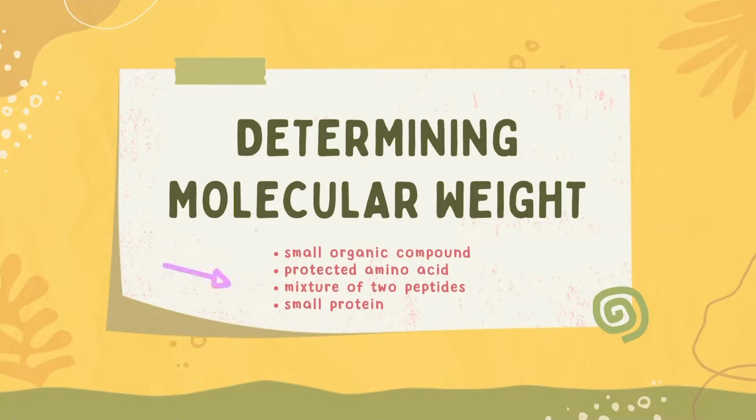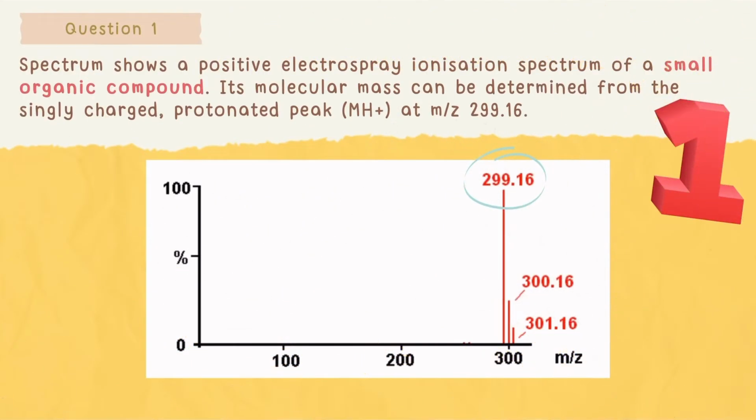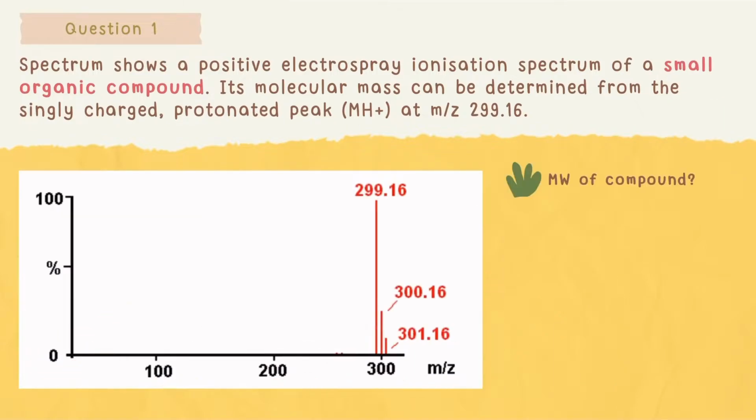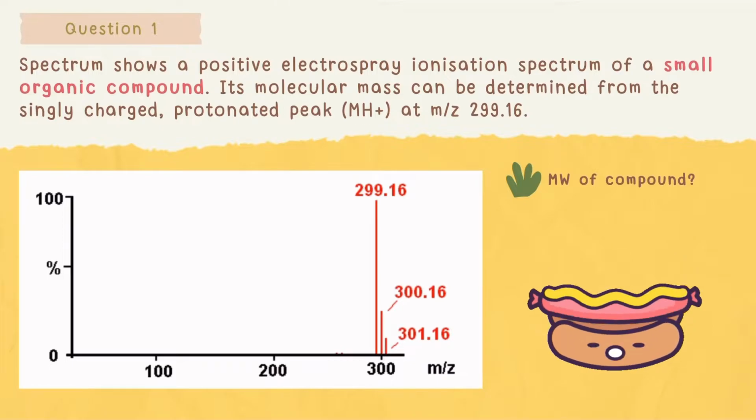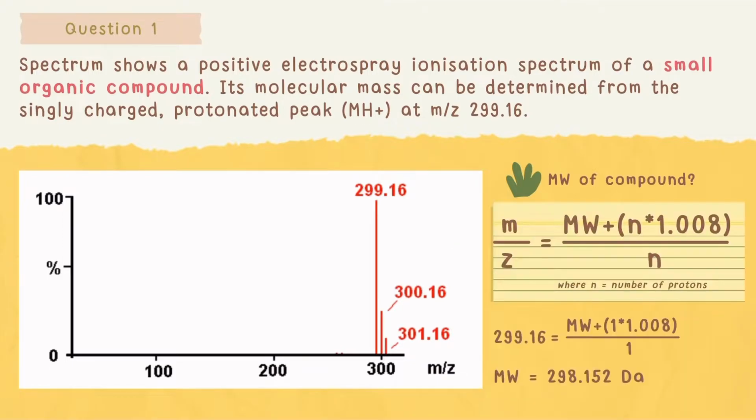We begin by looking into four cases as listed here, and make an attempt at determining their molecular weights. For the first case, we look into an ESI spectrum of a small organic compound, where we see a singly charged protonated peak at the mass-to-charge ratio of 299.16. Since it is singly charged, we subtract the mass of the singly added proton to get the molecular weight of the compound. The formula that we can use is shown here. Using this, we get